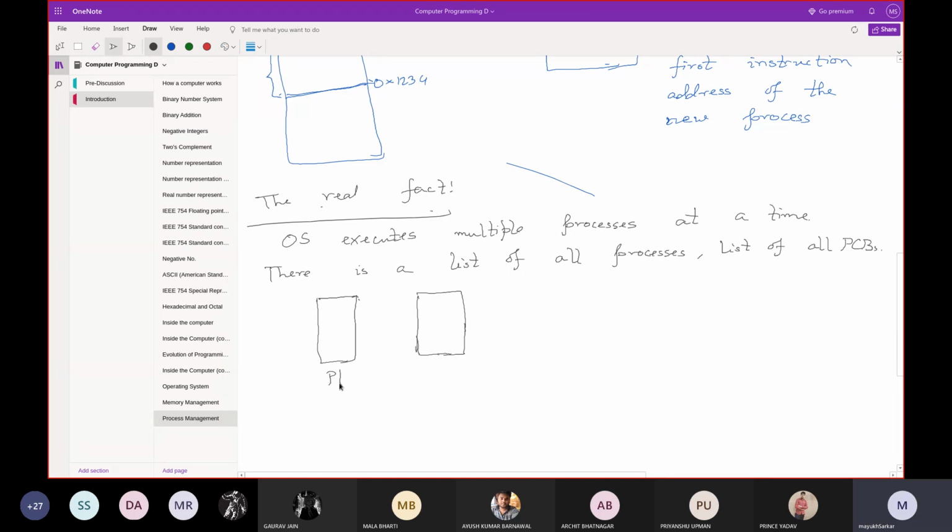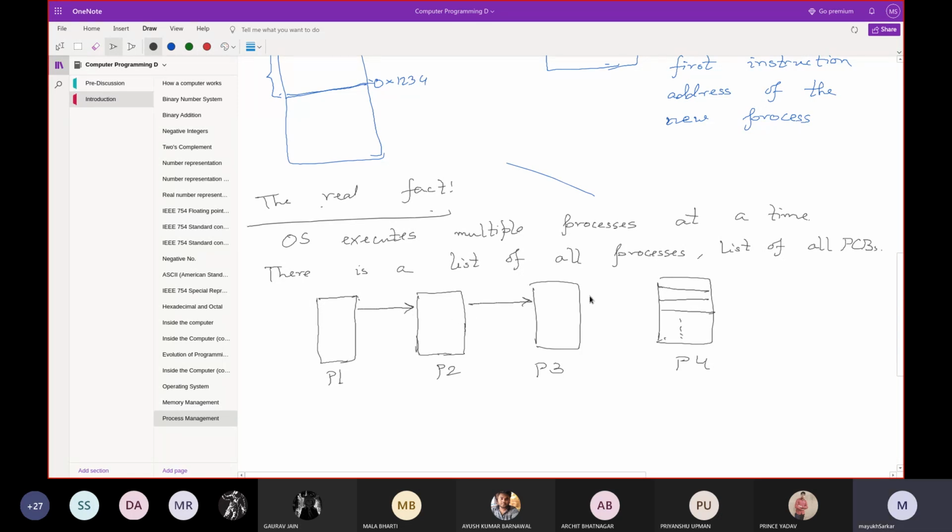Say this is the PCB of process 1, this is the PCB of process 2, this is the PCB of process 3, and this is the PCB of process 4. I've shown this in this format because various information about this particular process, like the user ID who has created it, the link to the page table, and so on, is stored here. Now this is a list. Later on, those who are in IT or computer science will see the various data structures, and I think in electronics as well they will study them.